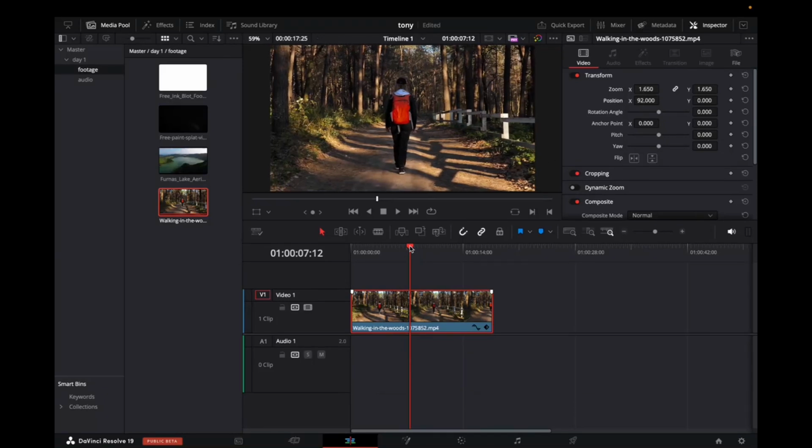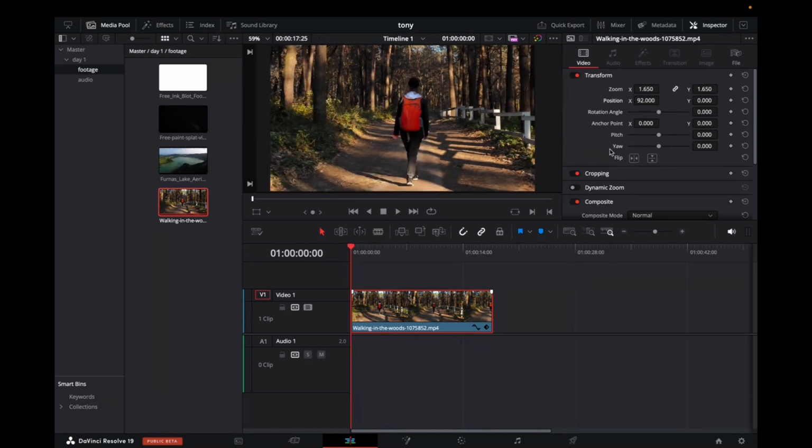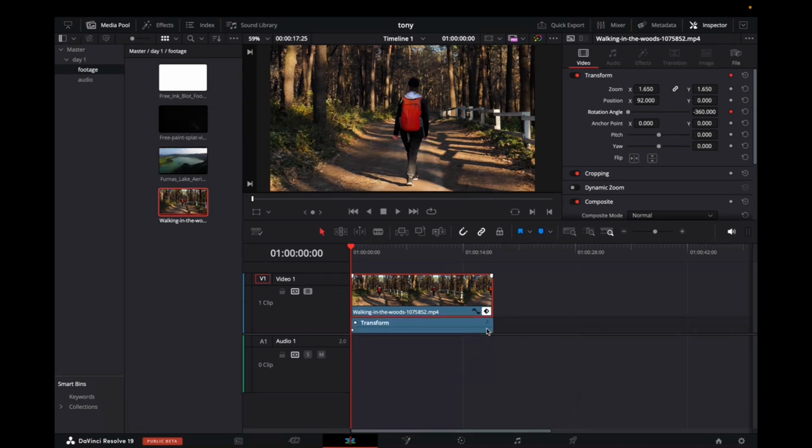Okay, and now what we're going to do is bring the playhead to the beginning. And right where you see rotational angle, we're going to move that all the way to the back. And then we're going to add a keyframe. So this keyframe signifies the beginning of an action for an effect or for anything else. And now we're going to go back to the timeline and press this keyframe toggle button so we can see